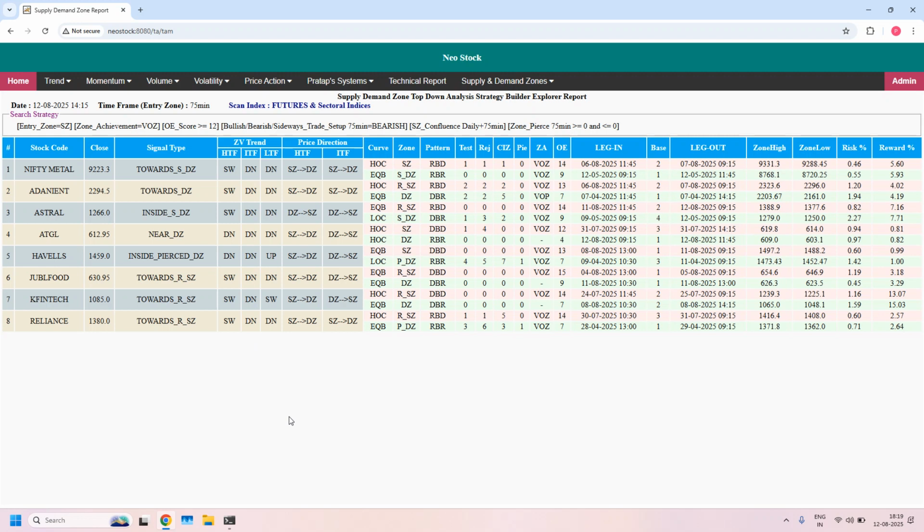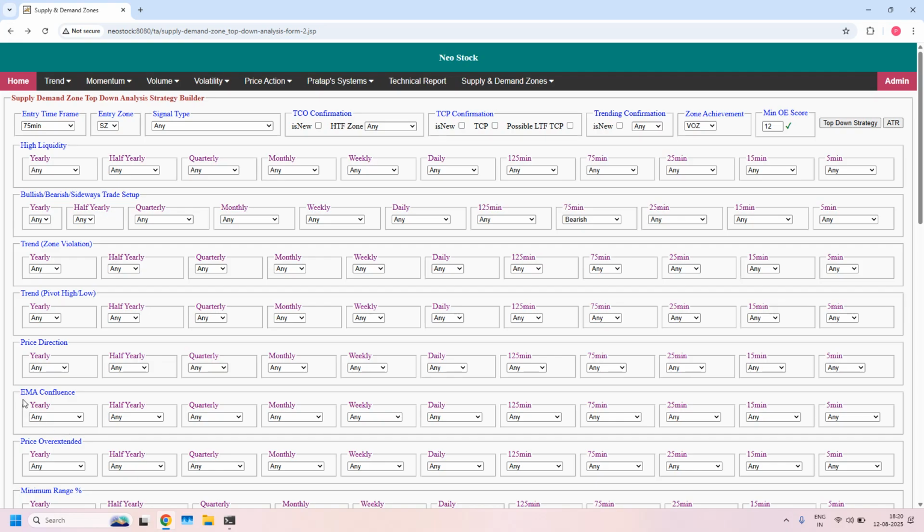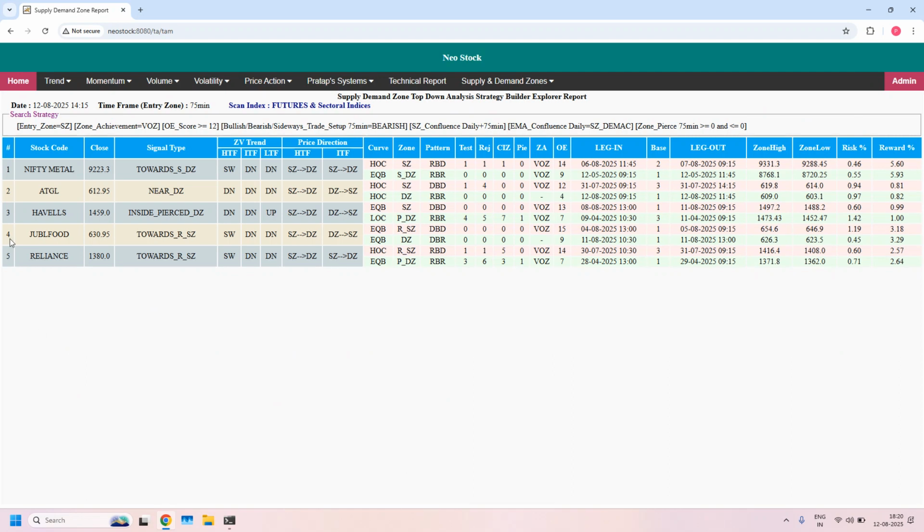Because daily trend is downtrend and 75 minute supply zone overlapped with daily supply zone, we can further filter based on daily supply zone having daily EMA confluence. Let's verify. Daily supply zone with daily EMA, because 75 minute supply zone overlapped inside the daily supply zone. That's a daily supply zone having daily EMA we are checking because daily trend is downtrend. So we got 5 stocks, and all these 5 75 minute supply zones might be having more high probability to